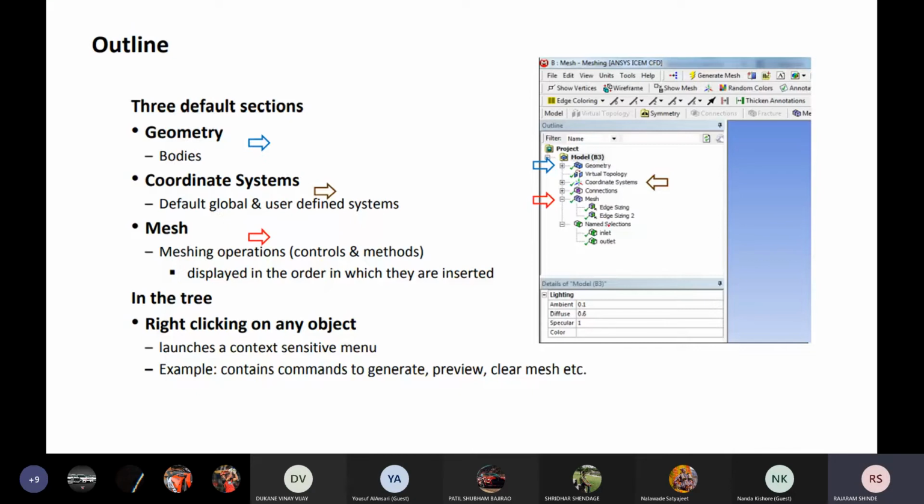After that there is named selection. Now see here, this is the coordinate system. Right clicking on any object launches the context-sensitive menu. Example, commands to generate the preview or clear the mesh.